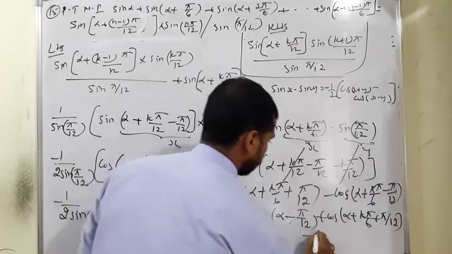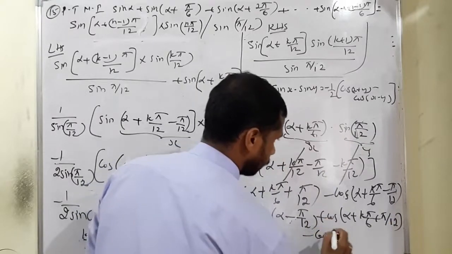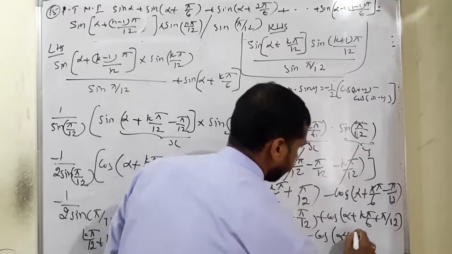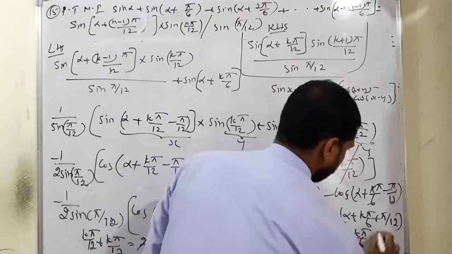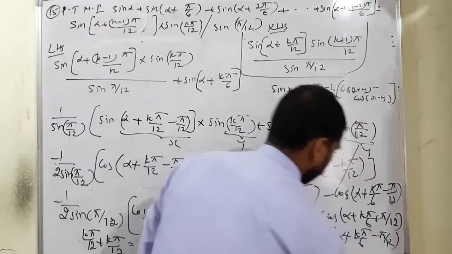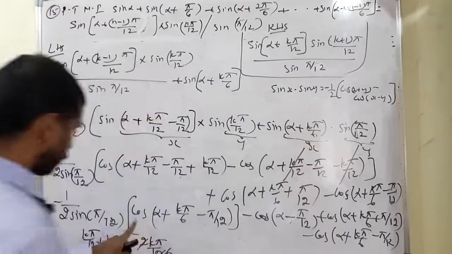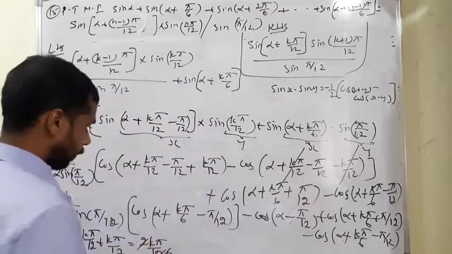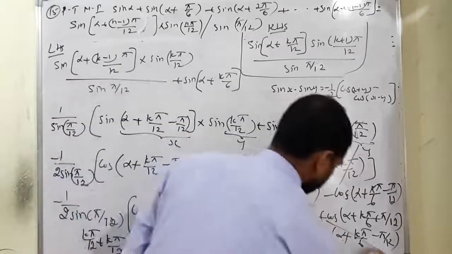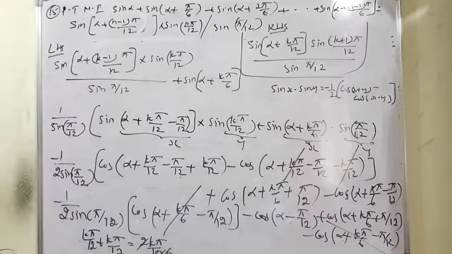Next condition minus cos of alpha plus k pi by 6 minus pi by 12. Look at there, this is positive, this is minus, we can cancel now. So after cancellation,